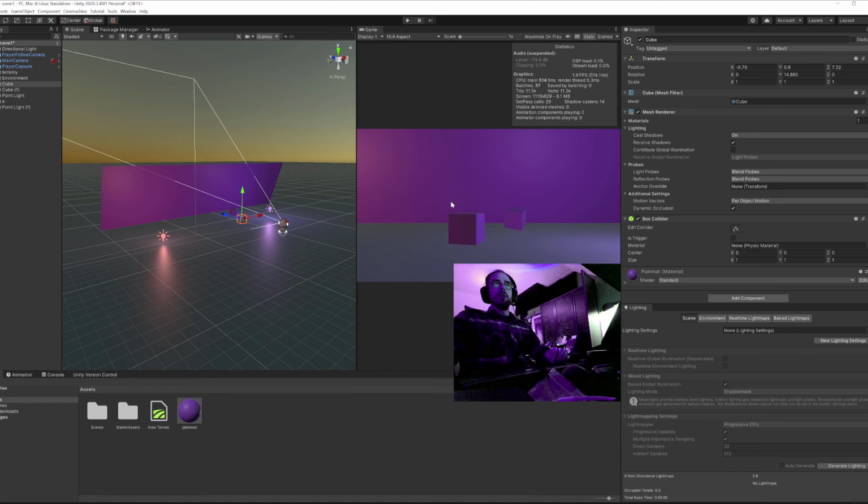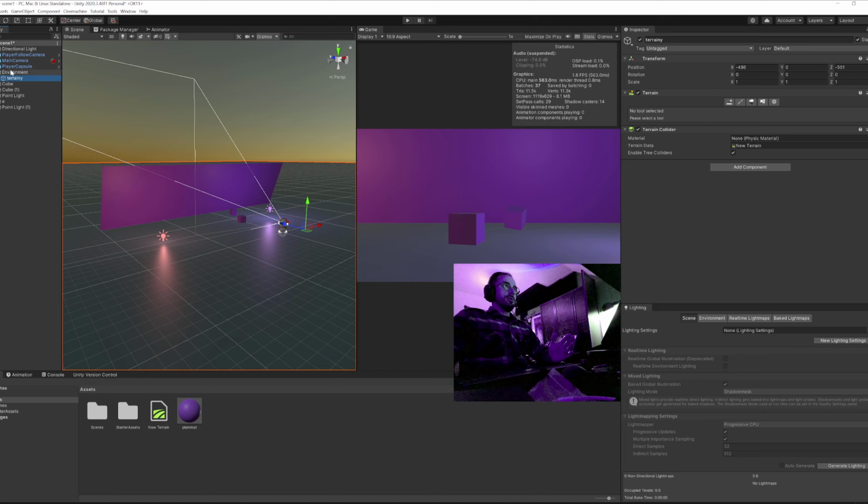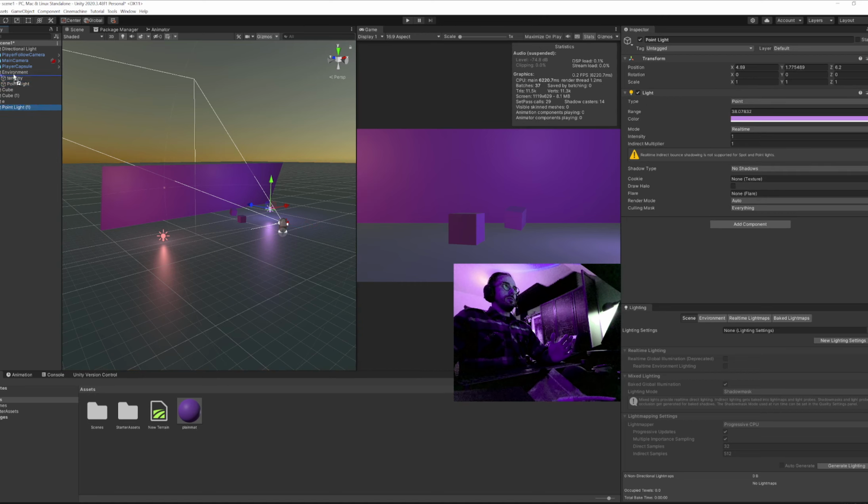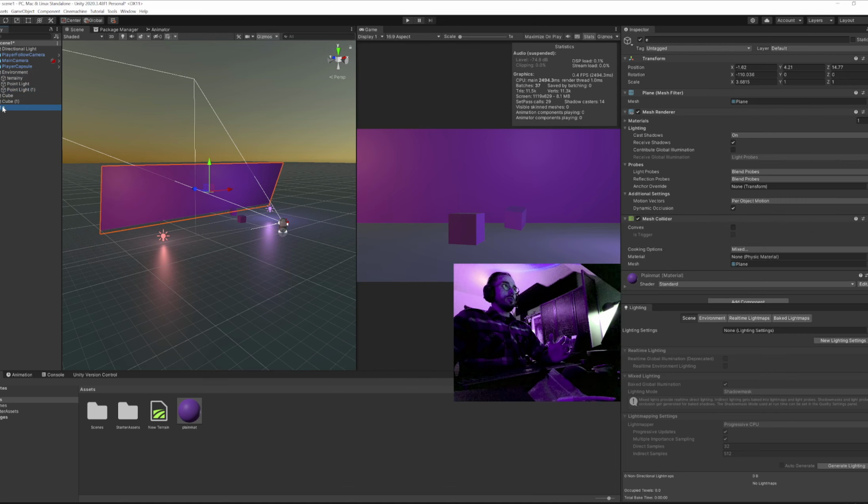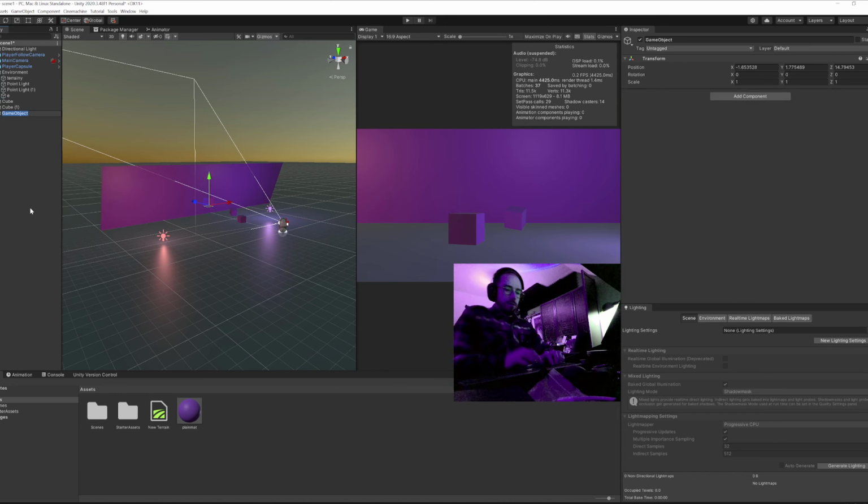Cool. So, I want to start out by organizing my space a little bit. So terrain, I'll put in environment, the point light in environment, point light, parentheses 1 in environment. I have no idea what this is, but yep, there it is. That's the stage in the backdrop. Put that in there. Then I'll right click here, I'll go to create empty, and I'll make a parent for